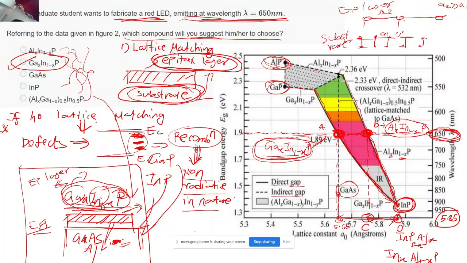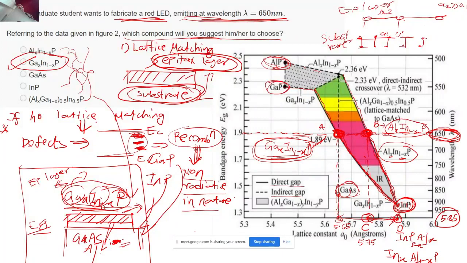Now coming to the point, so Bhuvanesh suggested that I should start with the indium phosphide, right? So in both the cases we started with the indium phosphide. And the moment we reach point number B, I projected this point on the x-axis to see its x coordinate, and I found it is something around 5.75, right? So now there is no substrate which is very close to 5.75. I have either indium phosphide or gallium arsenide over here.